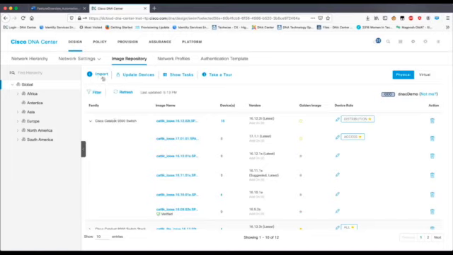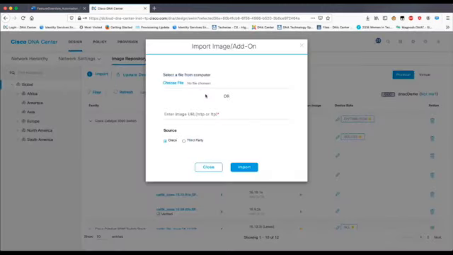Another way to import images, if we are looking for a software image that is not on the CCO and we want to import it manually, there are two ways of doing it. First is the manual import, wherein we download the file from the CCO, save it on a local disk, and then choose the file from the local disk. This way we import just the one image. The second method is to connect via the URL of the proxy server that hosts the software images in your